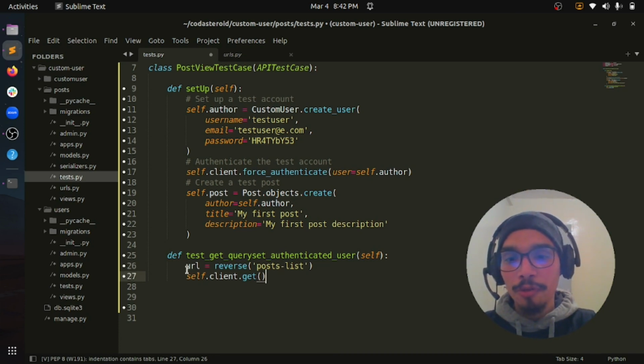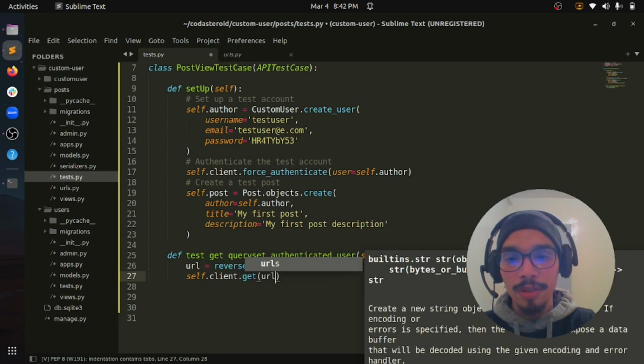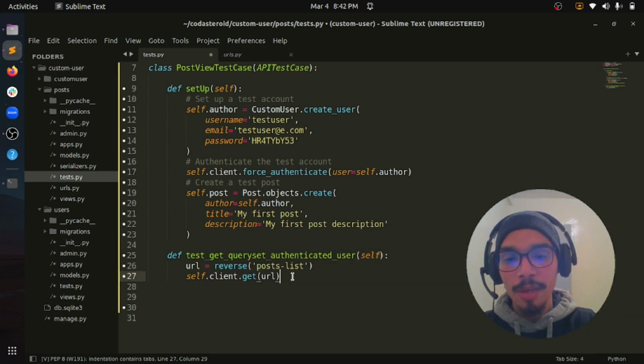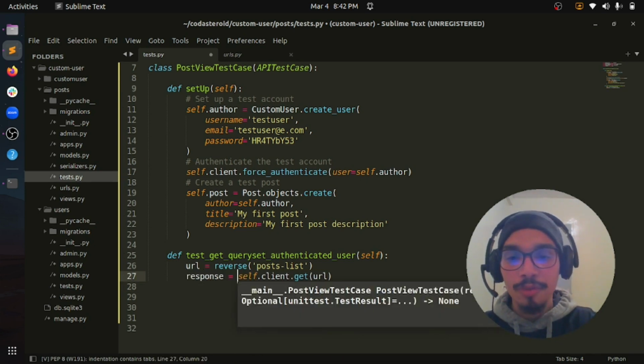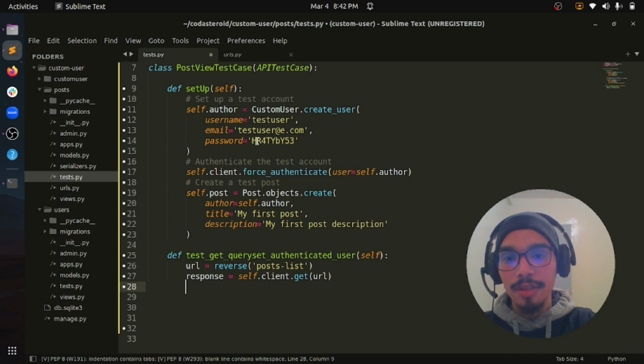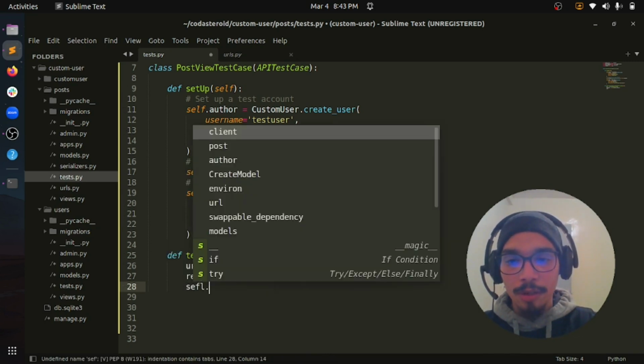Okay, so now we have the URL here. Let's put this inside the GET method, and then we can assign this to a new variable called response, for example. And here, since the user is authenticated, we should get a status code of 200, which means it's a successful request, right? Let's do this. So let's run self.assert